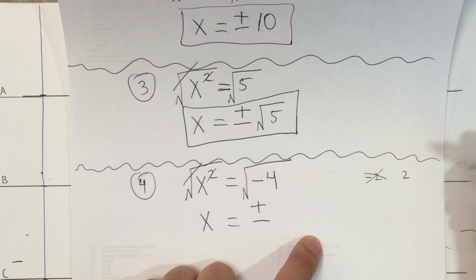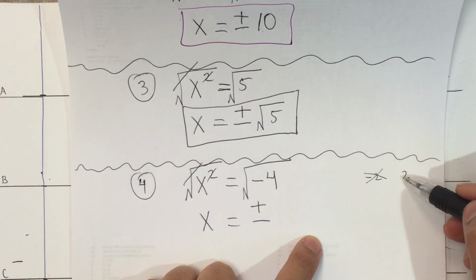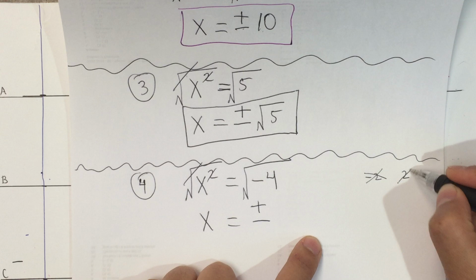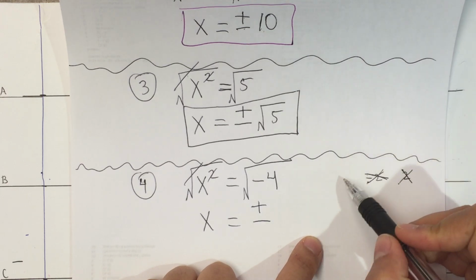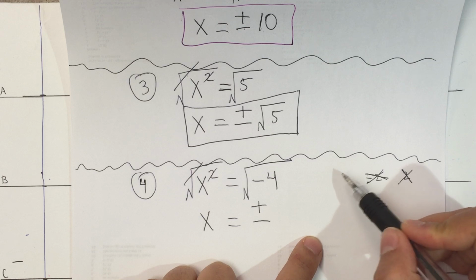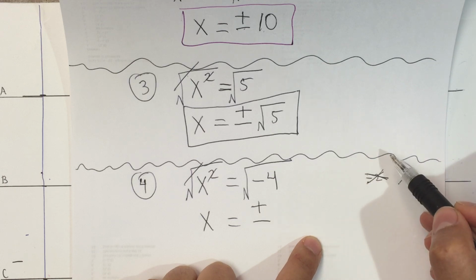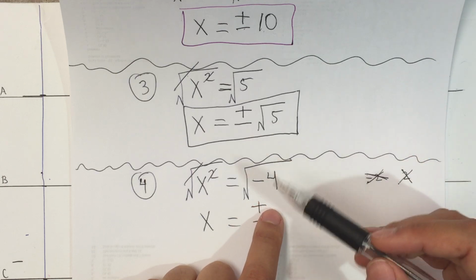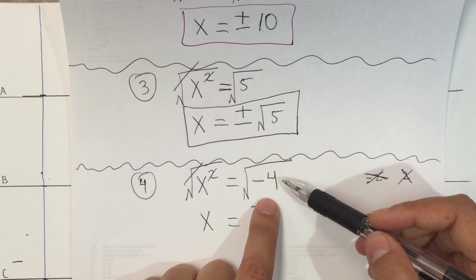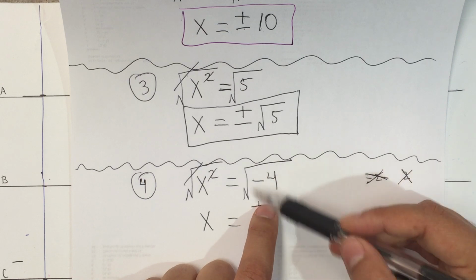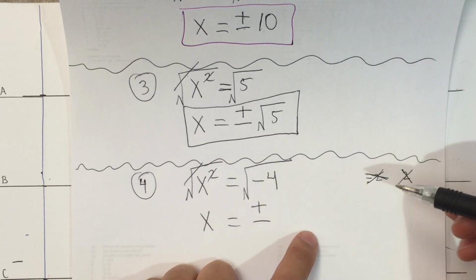Other people will say 2. Well, 2 times 2 is +4, so that doesn't work either. And some people will come up with something as interesting as +2 times -2, which will be -4, but then it's not following the rules. We're looking for a number that multiplied times itself equals that number. And since nothing works,